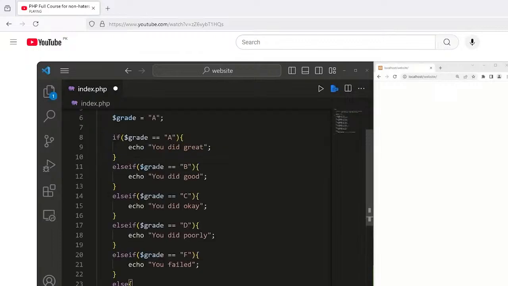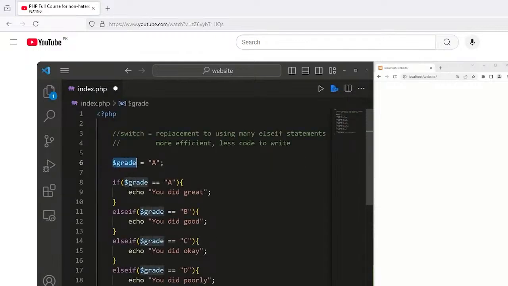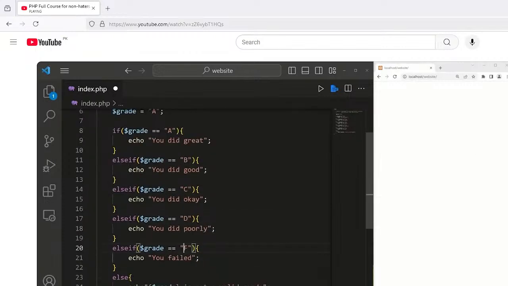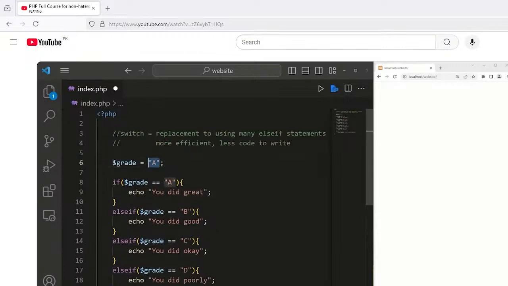Here's an example. I have a letter grade. A student's grade can be A, B, C, D, F, or if their grade is invalid, we have an else statement that states that letter grade is not valid. Depending on what our grade is, we will execute one of many statements. If our grade is A, then we will echo, you did great. If it's B, you did good. C, you did okay. D,